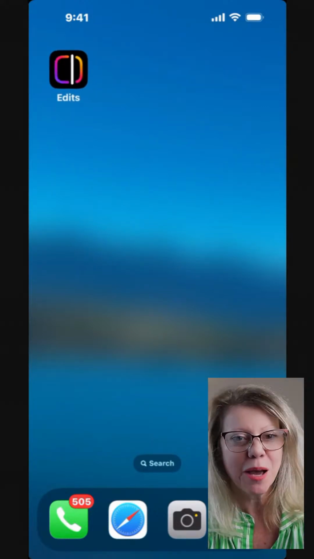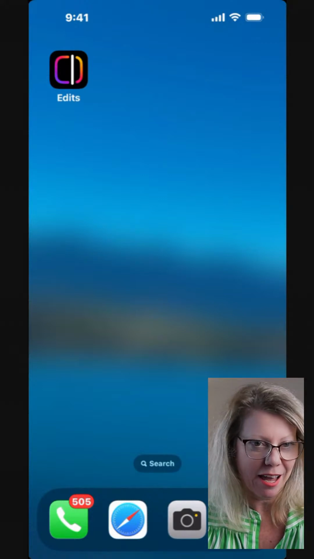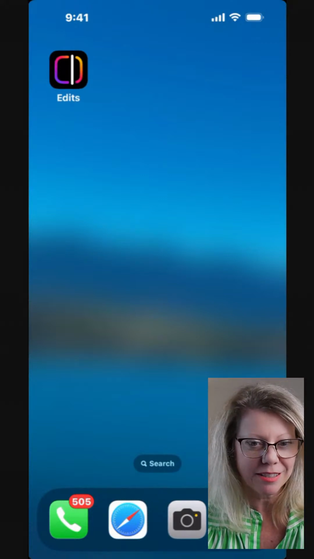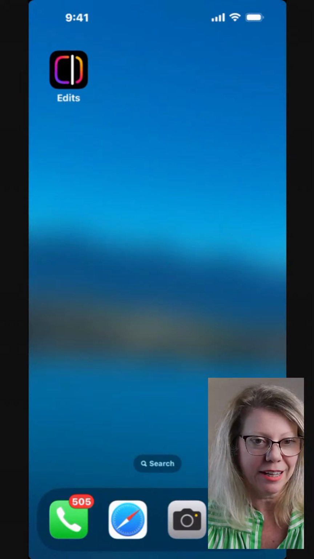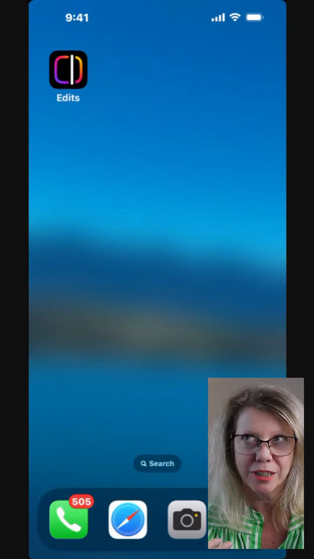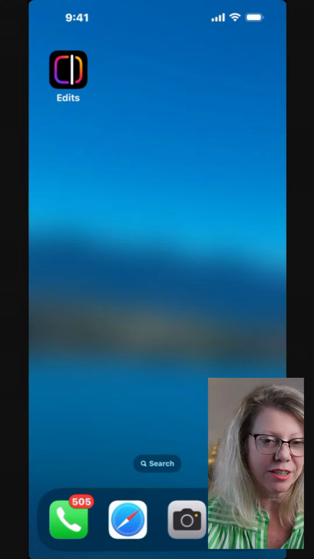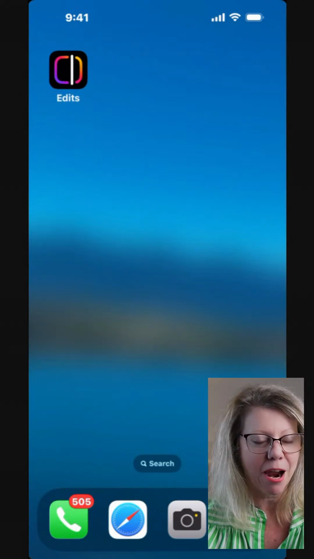So if you haven't already, go and download Edits. The icon looks like this, and this is Instagram's new version of their editing app. Now, this is free to download. So I wanted to just show you what it looks like, and if you haven't used it, walk you through how to use it, and then also give you some comparison